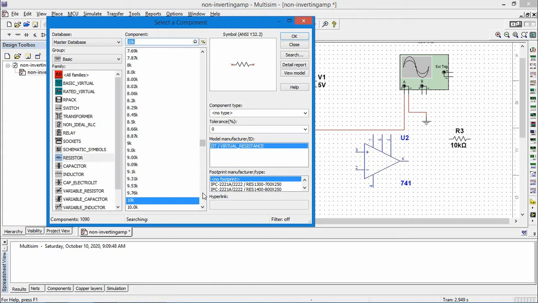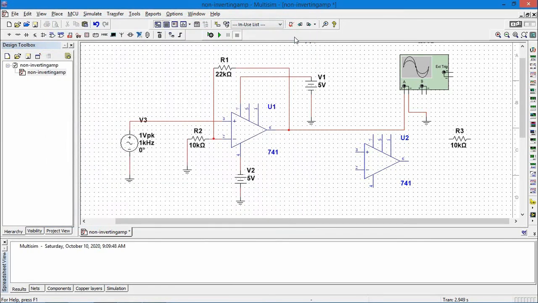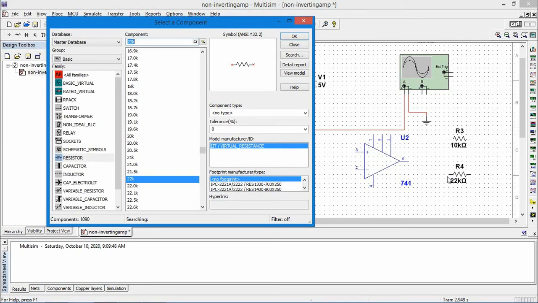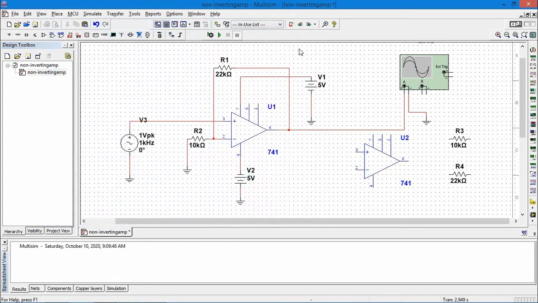And we need one more resistor with 22K, so click on 22K and OK. We need just two resistors here, so with that we can close the resistance.